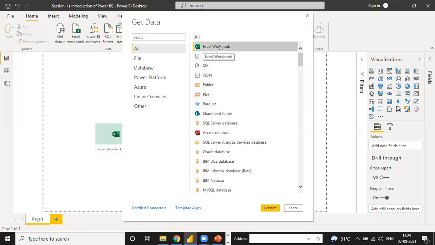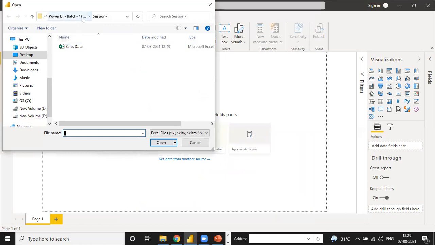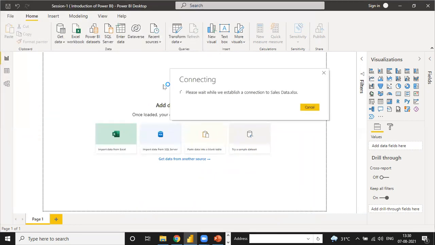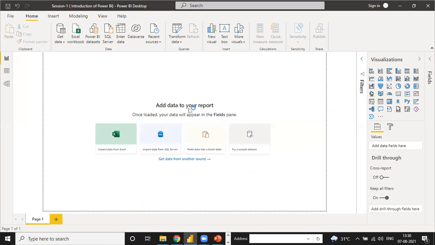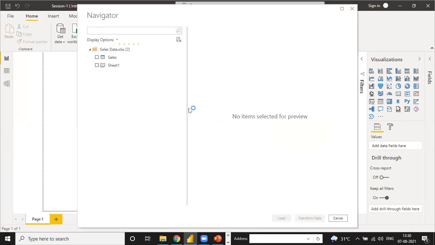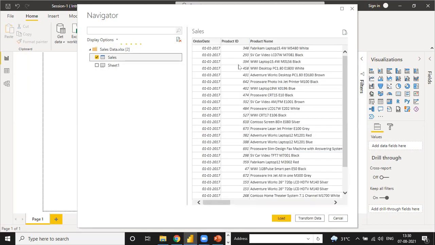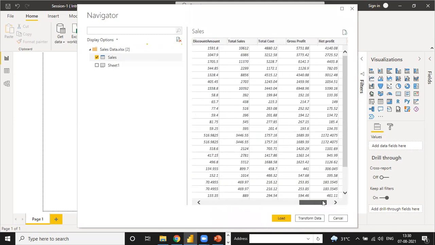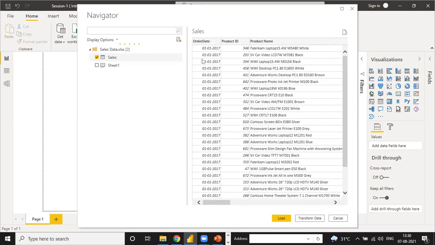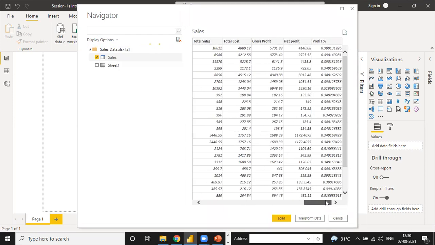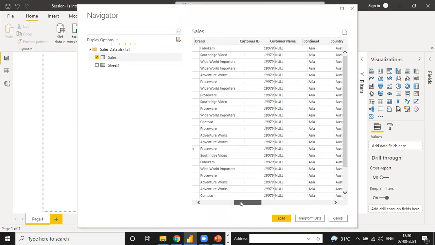Right now I have one Excel file. I will connect over there. I can click connect and see my sales file in Excel form. See, there is Microsoft Excel and Open. When I click on Open, see the file is connecting, and it will take time as per your data. Suppose in Excel you have larger data, then it will take some time. Okay, see there is an option to choose. I will choose this one, and see there is a preview available. This file is already done with the multiple steps, so it is just a simple file right now.